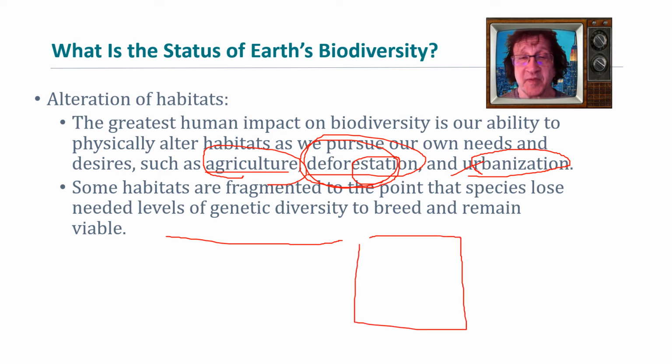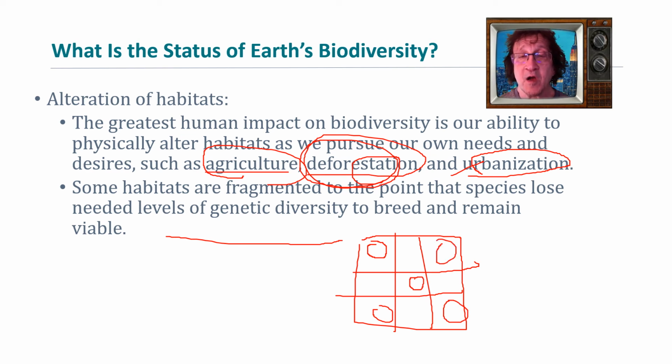That means we take a big area and we might put buildings and we might put roads and other stuff, and we slowly change nature and build and do things. Looks like I'm playing tic-tac-toe here, but what we do is we leave these green areas behind that are still natural areas that are now disturbed, and they end up becoming what we call fragmented or segmented.